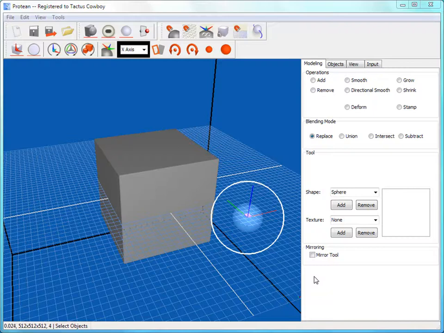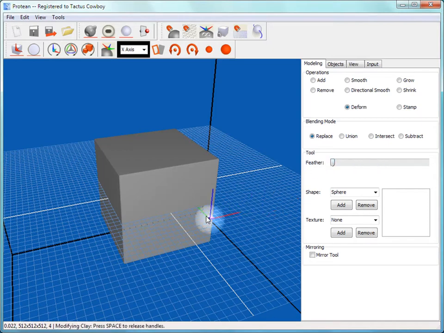And this is the Deform tool. Using the Deform tool is like getting your thumbs in the clay. You can push and pull it, smush it around. Using different techniques with your tool shape and the handles, you can perform some really quick structures and things like